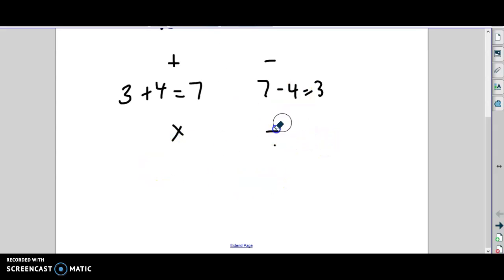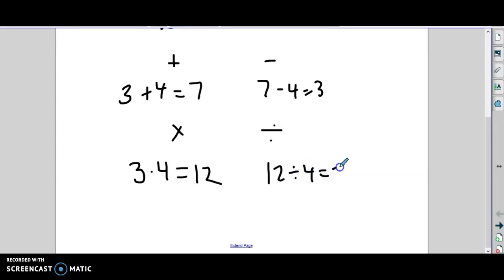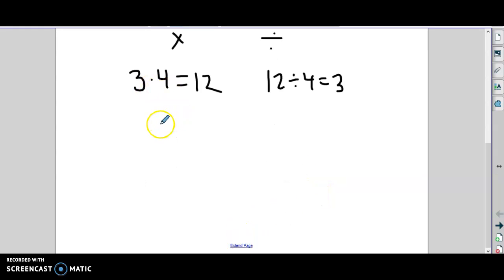That was a very bad division sign. Here we go. So for example, you have 3 times 4 equals 12. Well, you also know that 12 divided by 4 equals 3. So we can see how those are opposites of one another. Same thing with exponentials. If you have something raised to the x power, like 2 to the x, the opposite of that would be taking something called the logarithm. So you see this log here. Think of it as just an opposite operation.